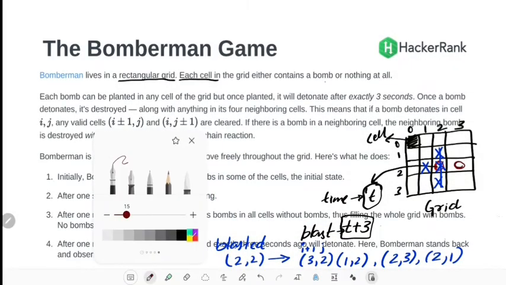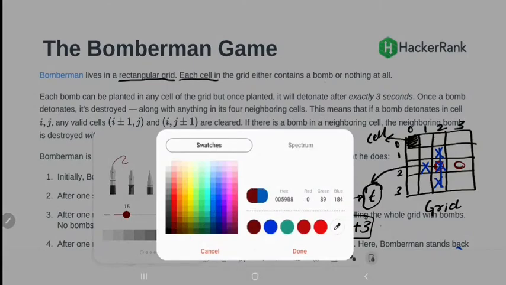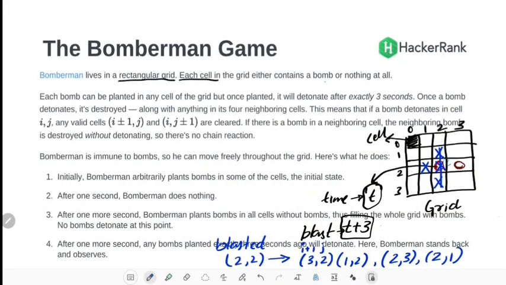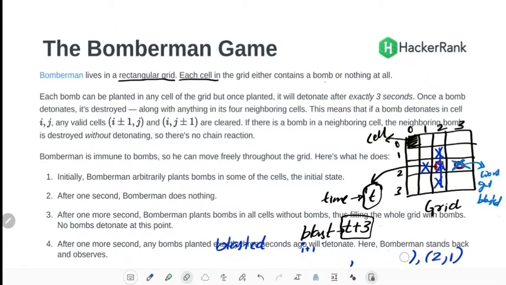If the first bomb gets blasted, it will destroy this bomb without detonating, meaning this one won't get blasted, but it will be destroyed, meaning it will be removed. So that is given here. Let me erase everything.